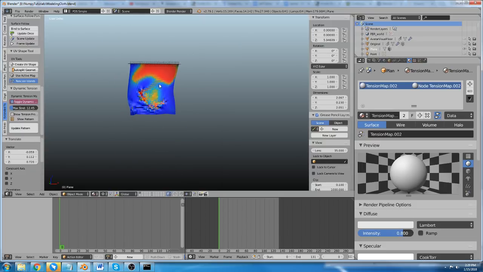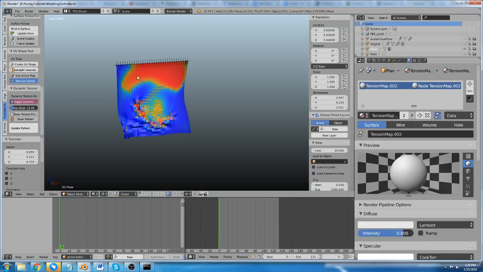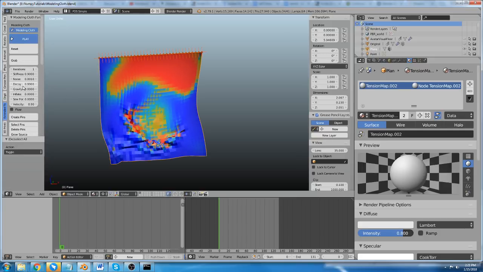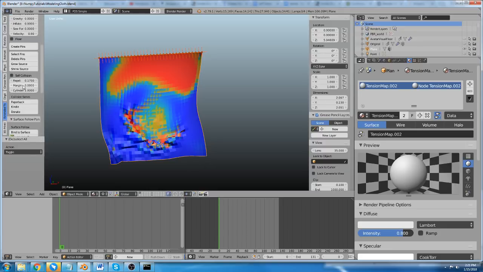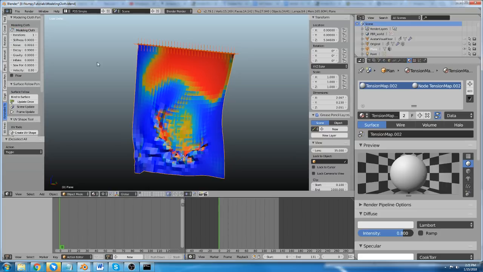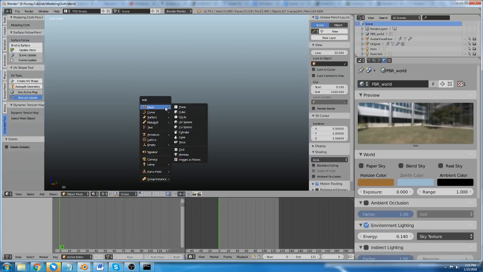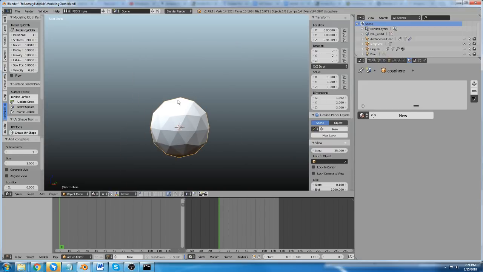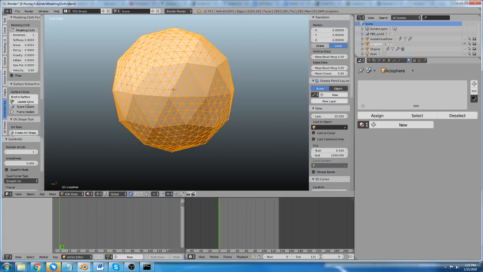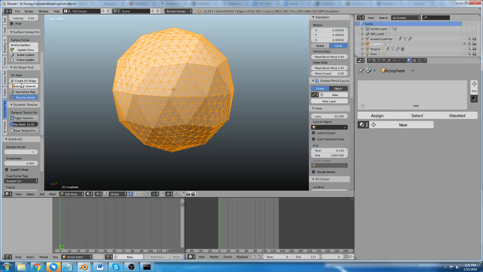So let me do one other really cool thing here. I think I've showed all of the features that I have. Let me turn the modeling cloth off here and just delete this and create an icosphere, and I'm going to subdivide this icosphere, and I'm going to turn on modeling cloth first,